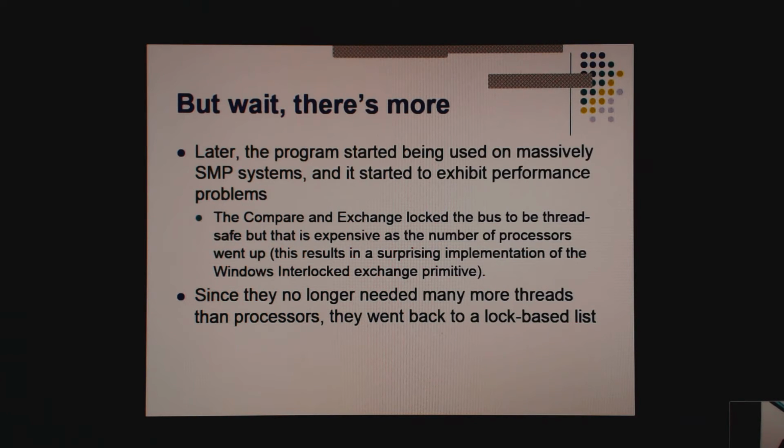Like if you're a machine code geek like me, look at how the Windows interlocked exchange primitive works. You'll be surprised to know that it does not actually do an atomic exchange, even though x86 has one, for reasons like this. So since they no longer needed many more threads than processors because they had like 64 cores on the box, they went back to the original lock-based operation from square one and came full circle.